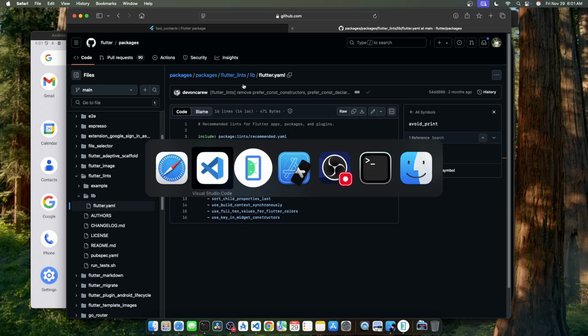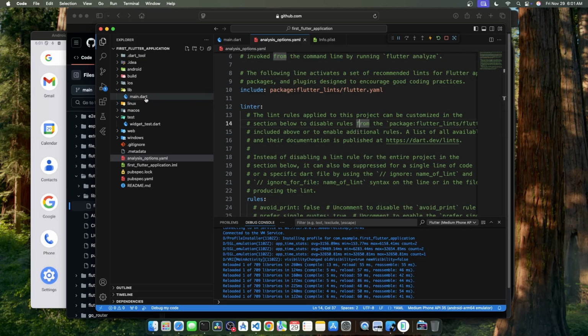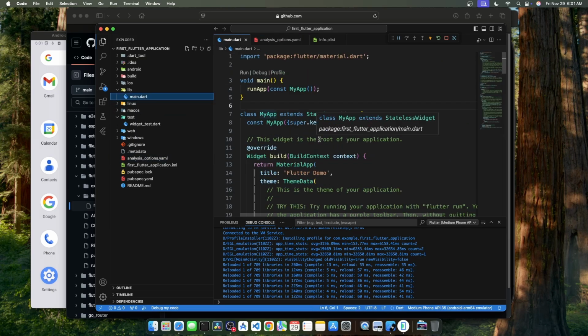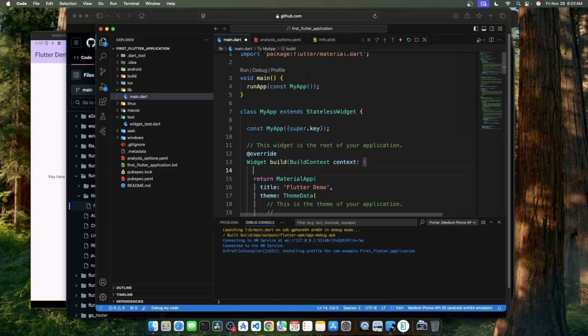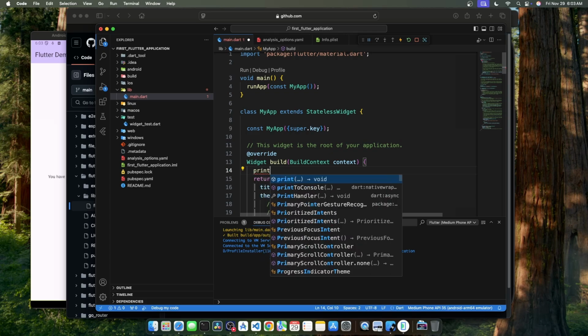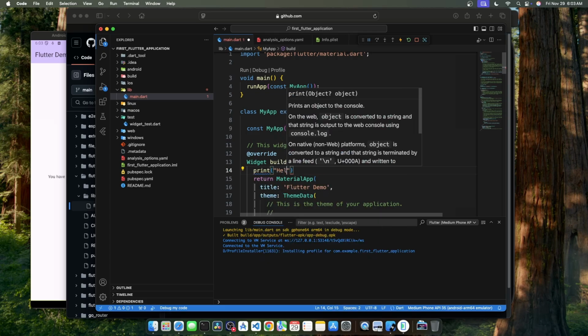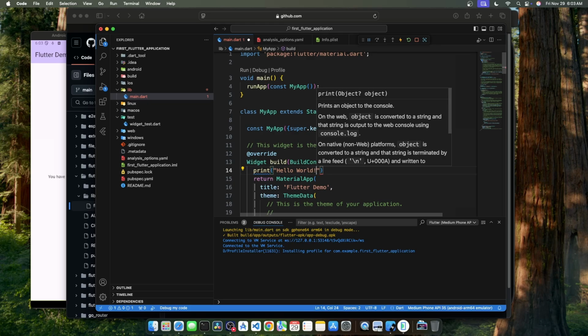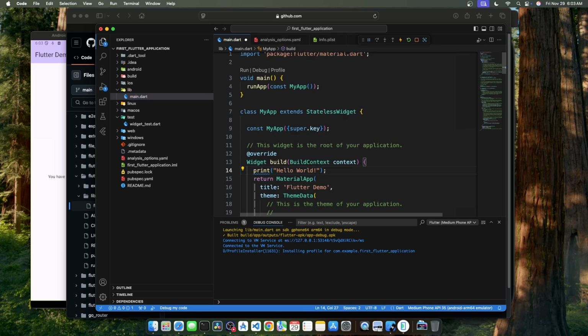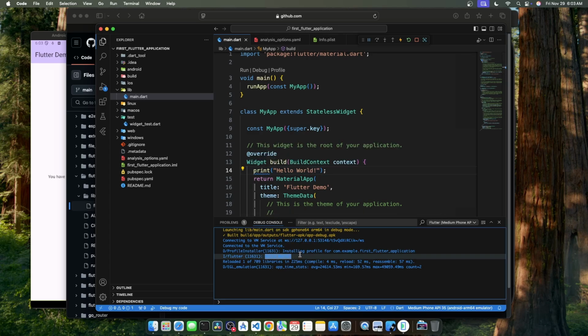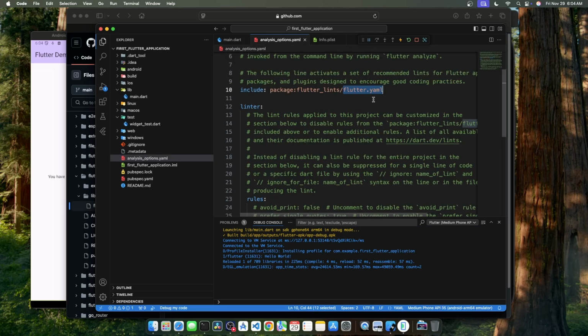Let's go back to Visual Studio Code. This means I can't use a print statement in my Flutter application. Now, if I try to use print and write some text over here, hello world, what it will do is print this line to the console. As we can see over here, it printed hello world, but it's showing us a squiggly line. The reason is, as per the rules that we have imported from this flutter.yml file, we can't use a print statement